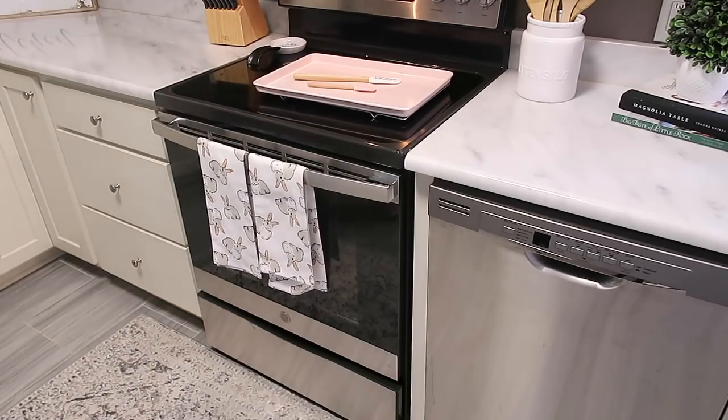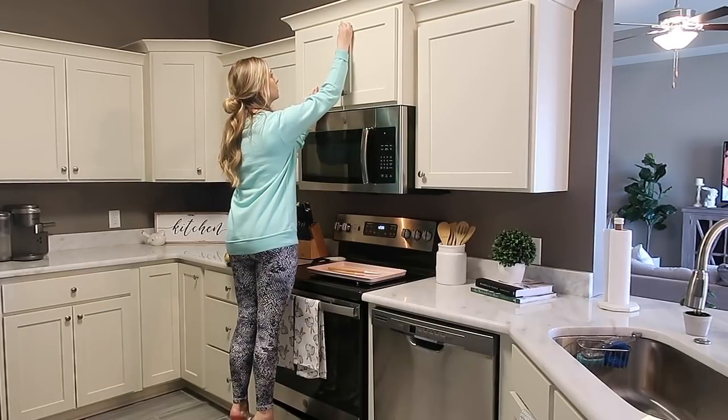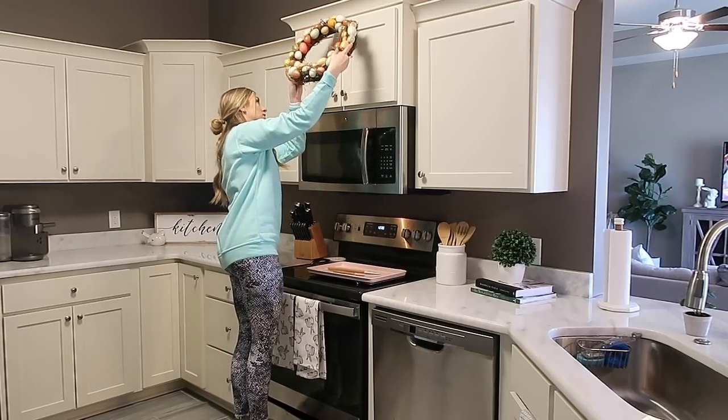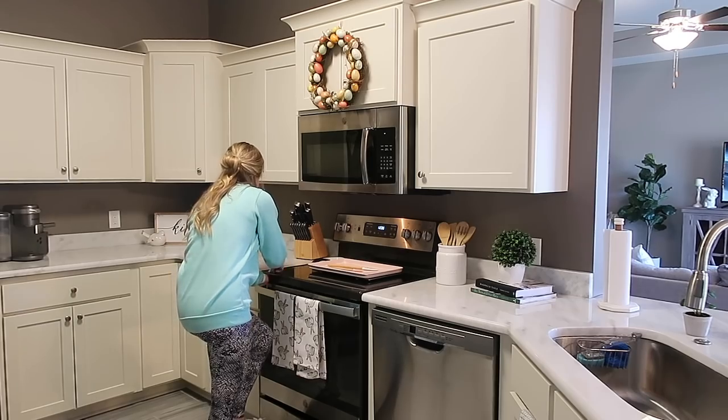Now we are moving on to decorating. I'm just adding these little bunny hand towels to the stove. I actually found those at TJ Maxx last year, and I'm going to add a little egg wreath above our microwave here. I actually found this wreath at Target like 5 years ago when I was living with my parents,